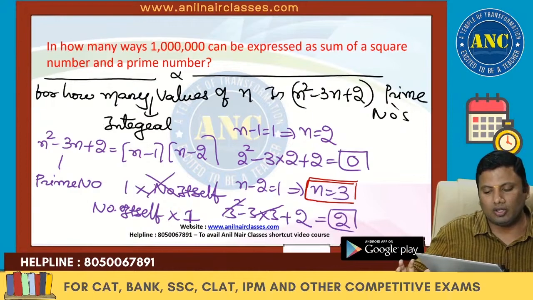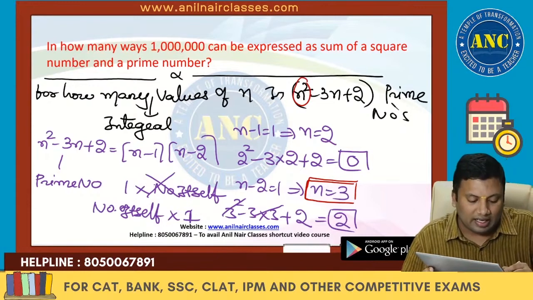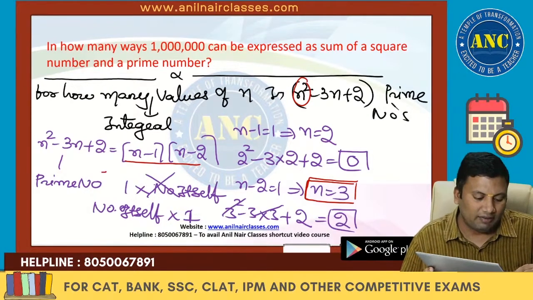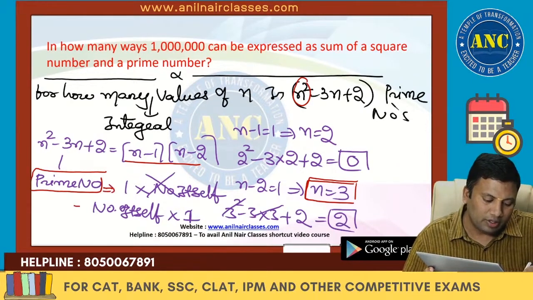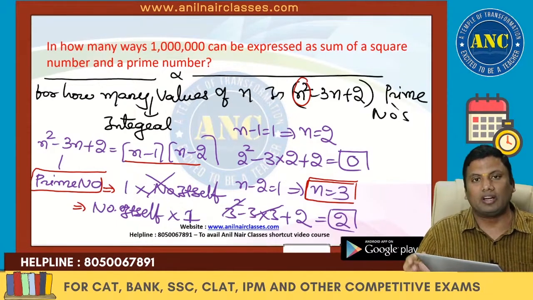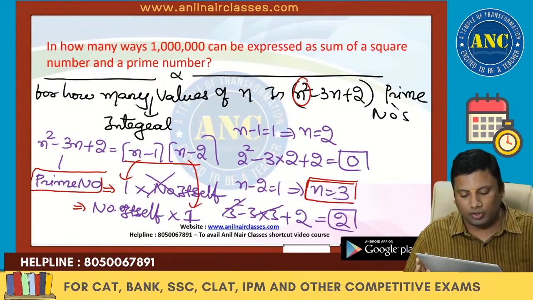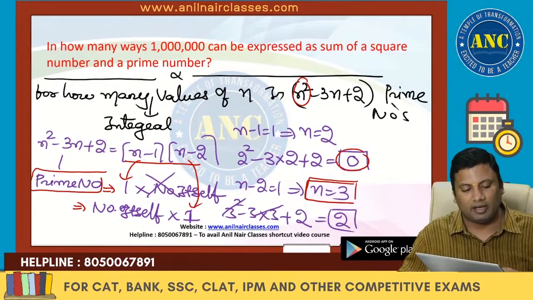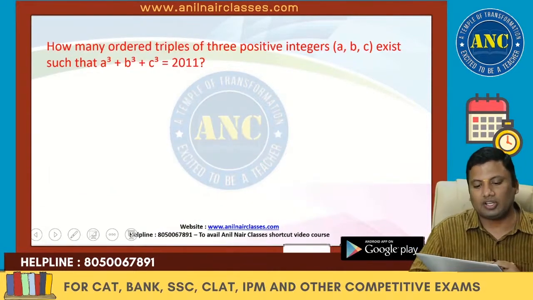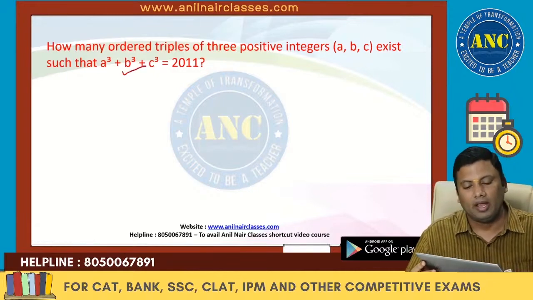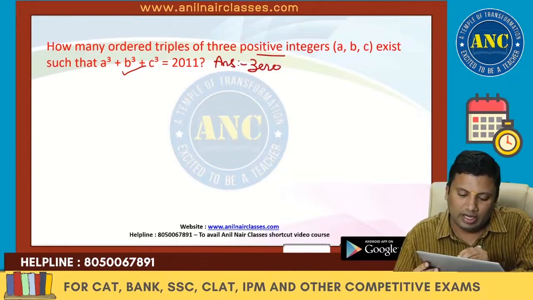Same way to solve the previous question. Right? Degree of the expression is 2. If the degree is 2, write the expression as a product of two factors. Definition of a prime number is, a prime number can be written as 1 into itself or number itself into 1. This is the definition of a prime number. So either n minus 1 is 1 or n minus 2 is 1. N minus 1 is not giving me an expression that is a prime number. I hope it is clear. This question was asked in the last 3 years. We already solved this kind of question. Answer is nothing but 0.